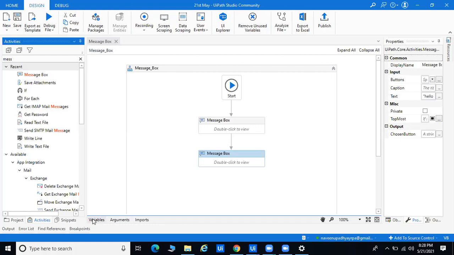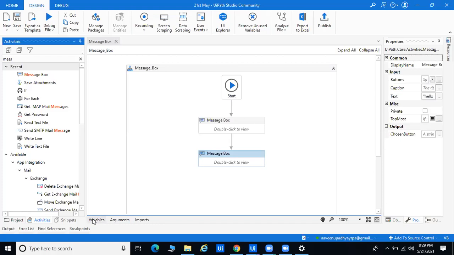There are lots of things. You will get the image variable also. You will get the database variable also. So lots of things you have to go for in UiPath. It's totally different: not only string, integer, array, double is mixed, and there are lots of things. You don't have to worry. Whenever you create the variable, it is created automatically. Each and every variable is created by UiPath, so you don't have to worry about anything.